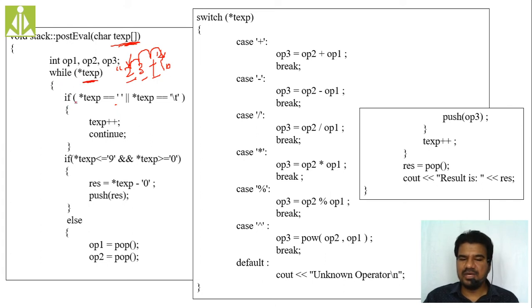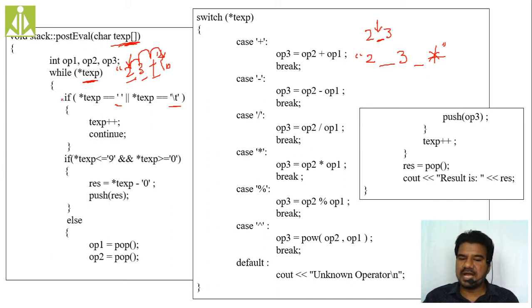So initially what we are doing, if TEXP is space or tab. If instead of giving 23, you are giving 2 space 3, then this space has to be ignored, isn't it? The same thing we are doing over here. Or else some people, instead of separating the expression with spaces, will separate with tabs. So those tabs have to be ignored. They are not of our concern, but they are existing in our string. So we have to simply ignore them. We have to discard them.